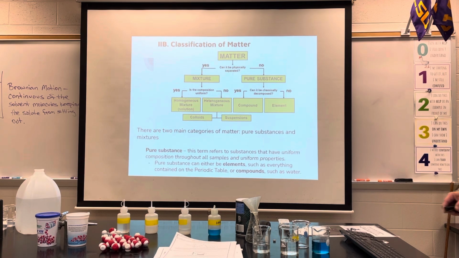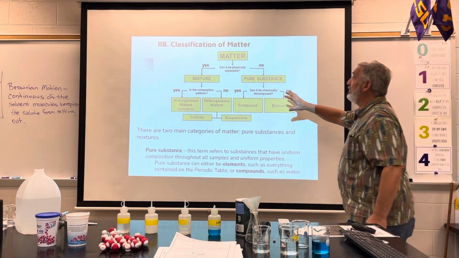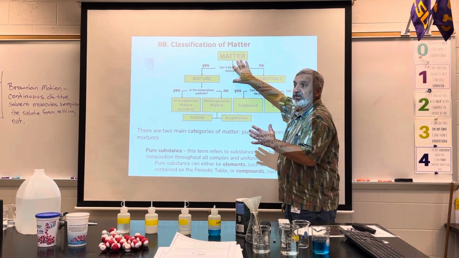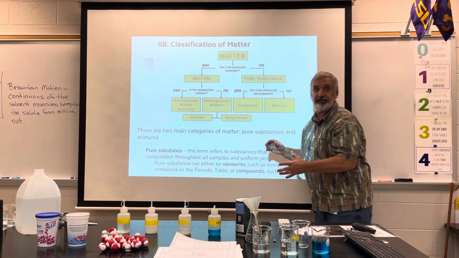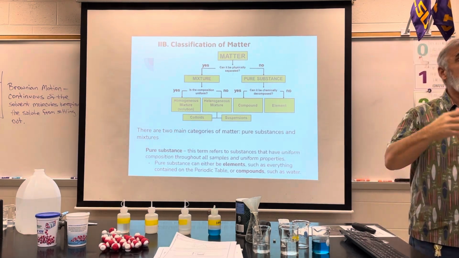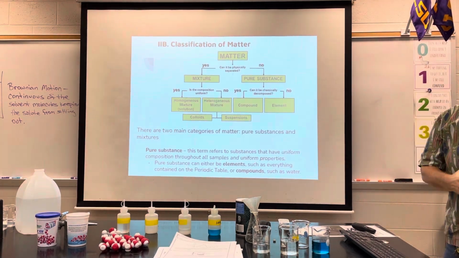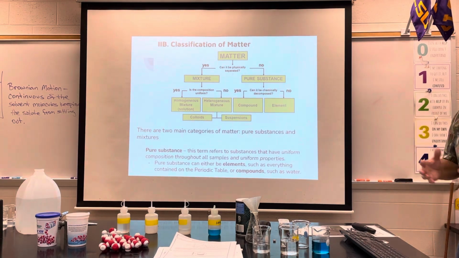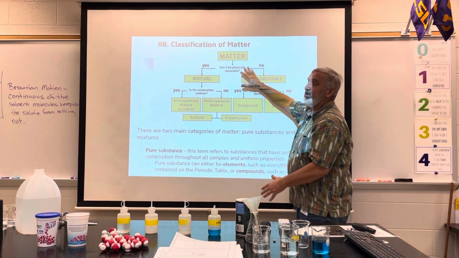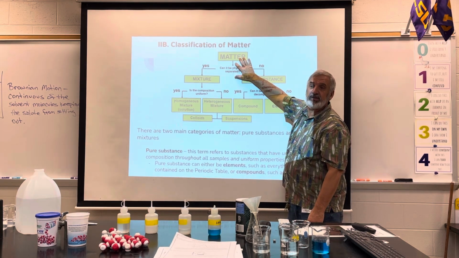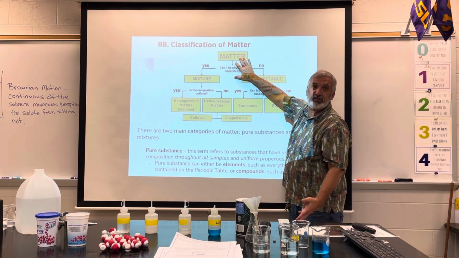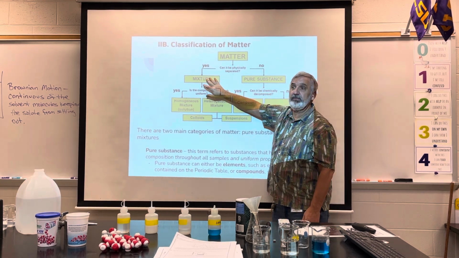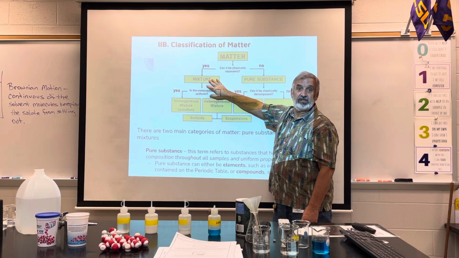So if we look then at matter, anything that has mass and occupies space, this is going to be the flow chart that we're going to use for the rest of the year. Okay, so far we've pretty much just been talking about measurements and systems and significant figures and all of that. But now we're going to get into, okay, what is the composition of matter? What are the changes that the matter undergoes? That's what chemistry is. So matter is either going to be a pure substance or it's going to be a mixture of substances. Okay?